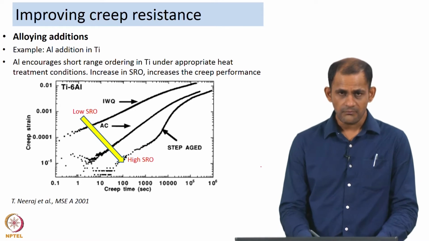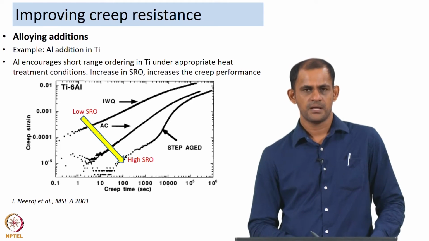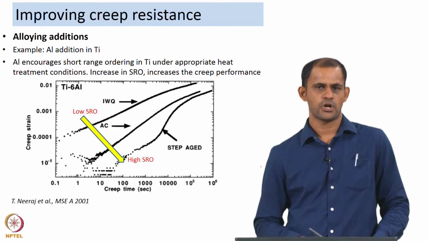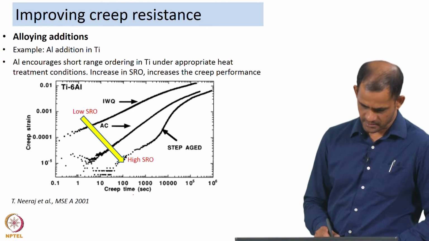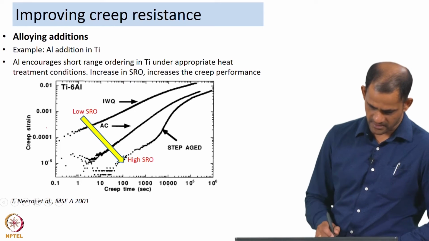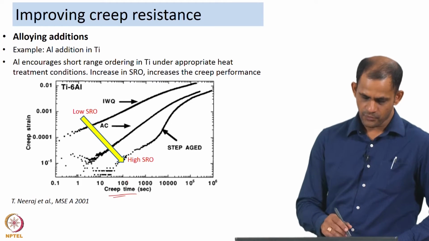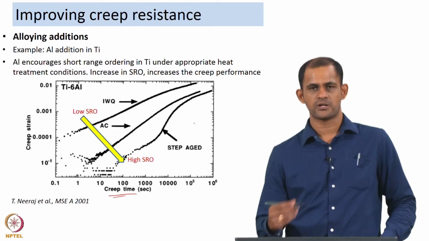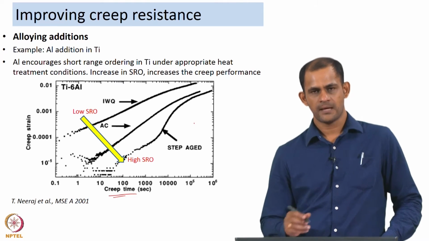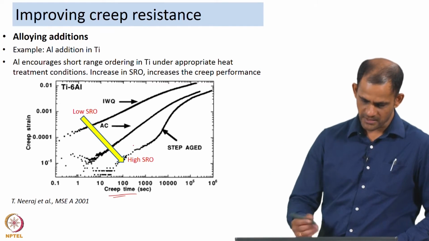Aluminum is added to titanium as a strengthener, and people have observed that aluminum encourages short range ordering, the development of a short range order in titanium under appropriate heat conditions. This particular graph is a plot of creep strain versus time, so it is a creep curve. What people have noticed is that if you somehow increase the amount of short range order within the material, which can be improved by appropriate heat treatments, then there seems to be an improvement in the creep